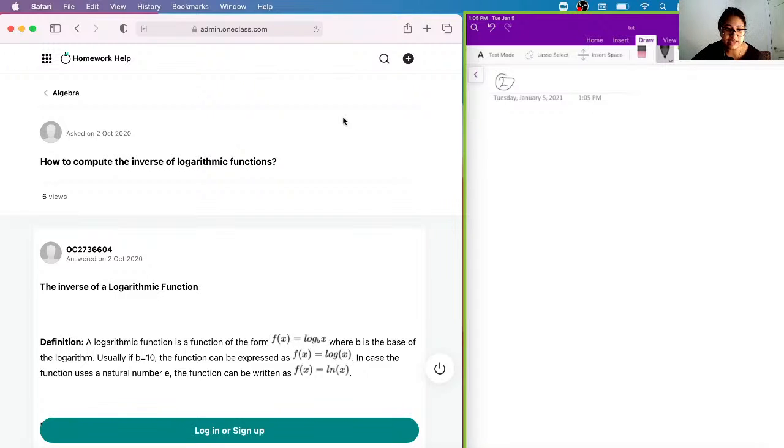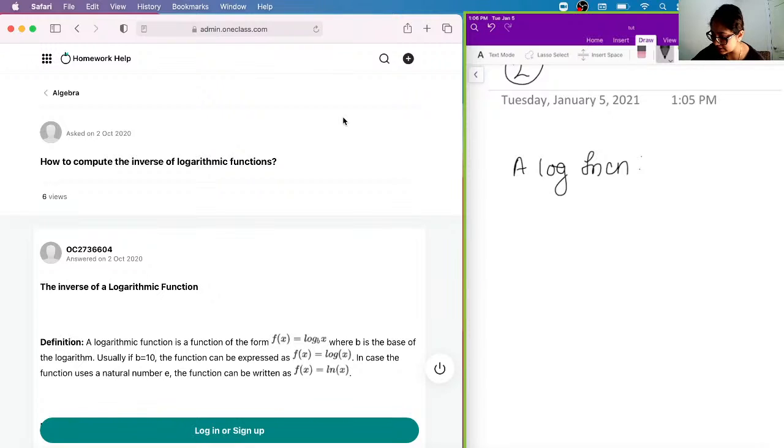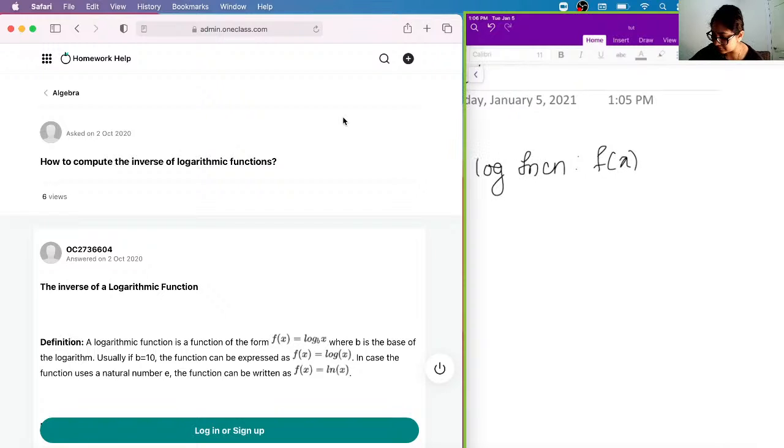Okay, so our next question says how to compute the inverse of logarithmic functions. Let's first define what a logarithmic function is. A log function is basically written as f of x, which means the function of x is equal to log